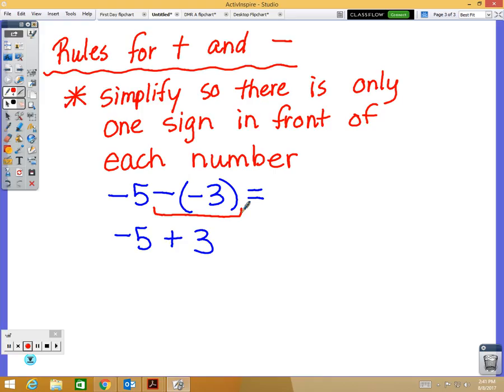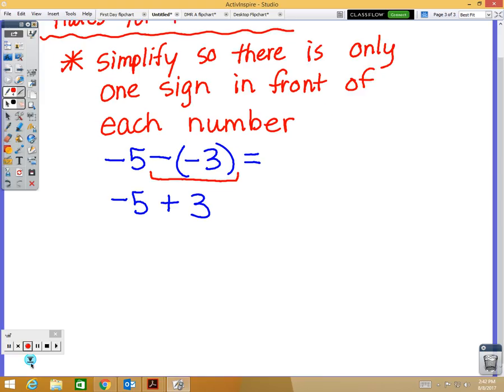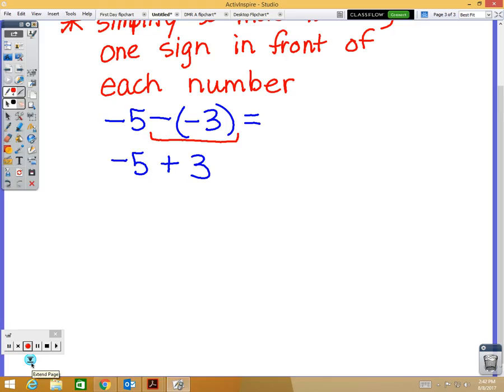So now that we only have one sign in front of each of our numbers, we can think to ourselves, do they have the same sign or different signs? In this example, I have a negative 5, and I don't want you to think of this as being a plus 3. I want you to think of it as being a positive 3. So in this problem, they have different signs, okay? But I'm going to put the rules for both things up here. So if they have the same sign,